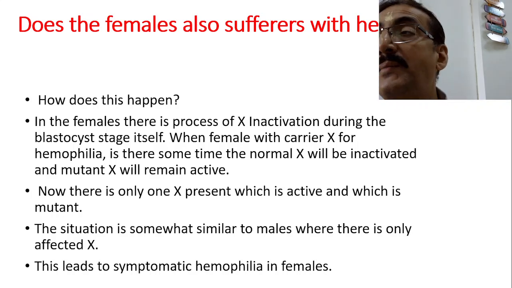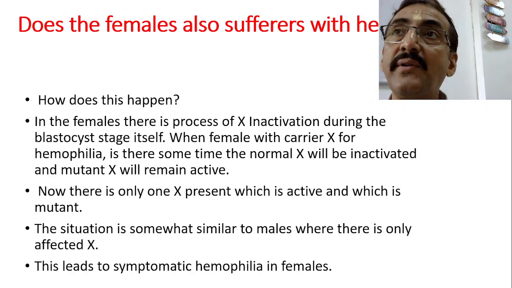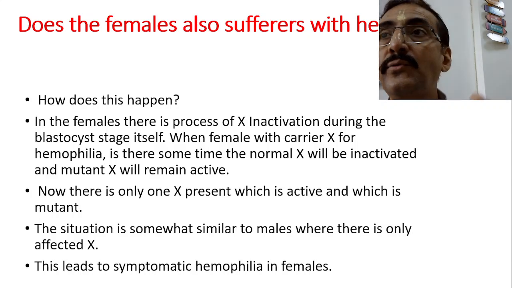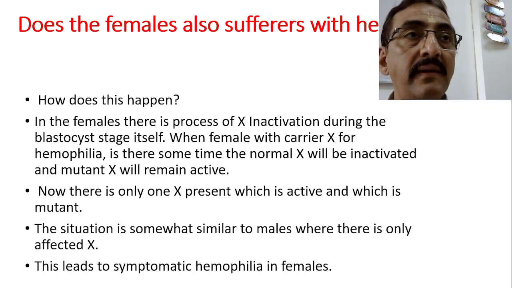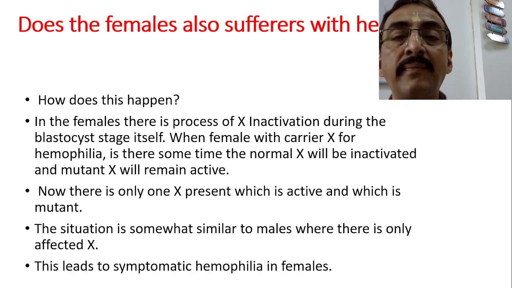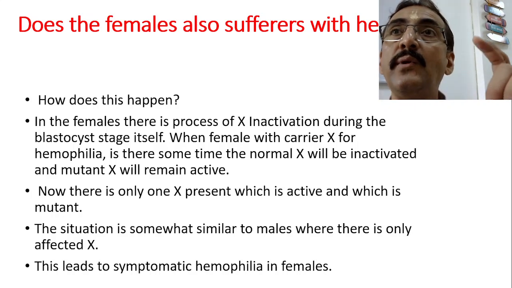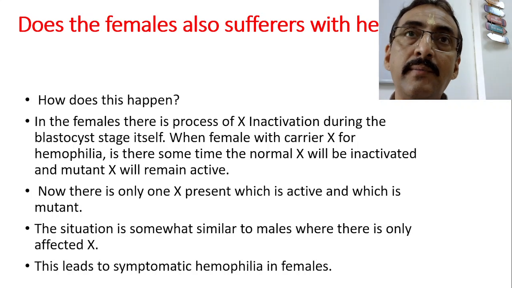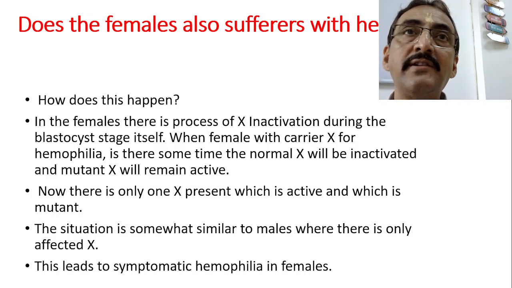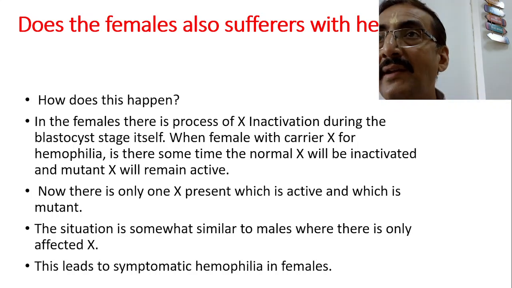See, suppose you imagine a normal female who contains normal X and normal X. But as we think, both the X are not active throughout the lifespan. Only one X is active, and that will dominate over the other normal X. That means truly speaking, only one X is working normally. Just like two females cannot stay together in a single house,